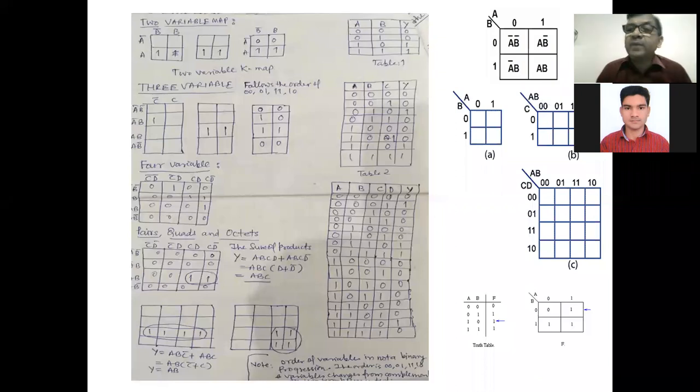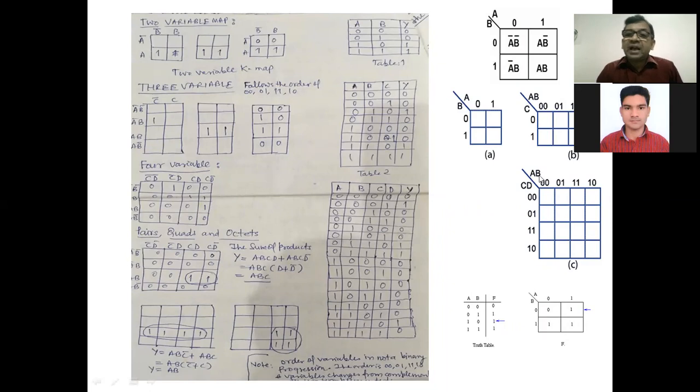One variable will be inverted at a time. So this is a rule, and this is a compulsion, that we will represent the variables like this, that is 0, 0, 0, 1, 1, 1, 1, 0. Similarly, if there are 4 variables in a K-map, that can be written as AB and CD.